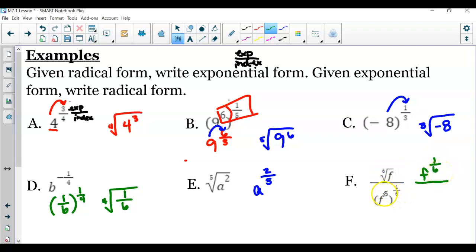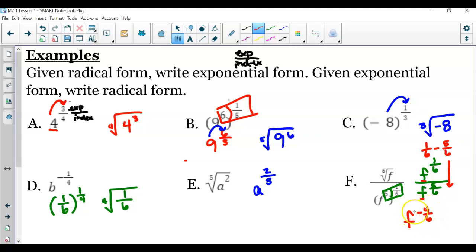Then here we've got power to a power. So what do I now need to do? Well, I need to multiply. So this is f to the 5 over 6. Then here we need to simplify because we're dividing and bases are the same. Remember, top to bottom, subtract. So this is 1/6 minus 5 over 6. So this is f to the